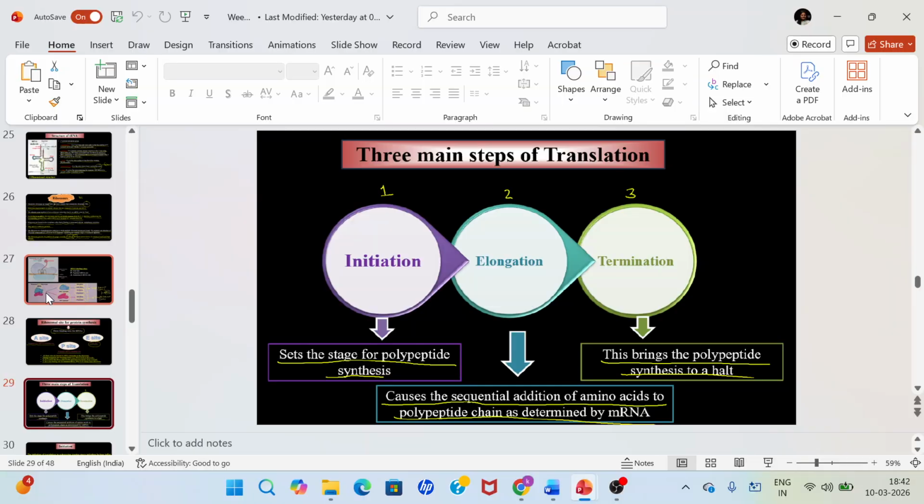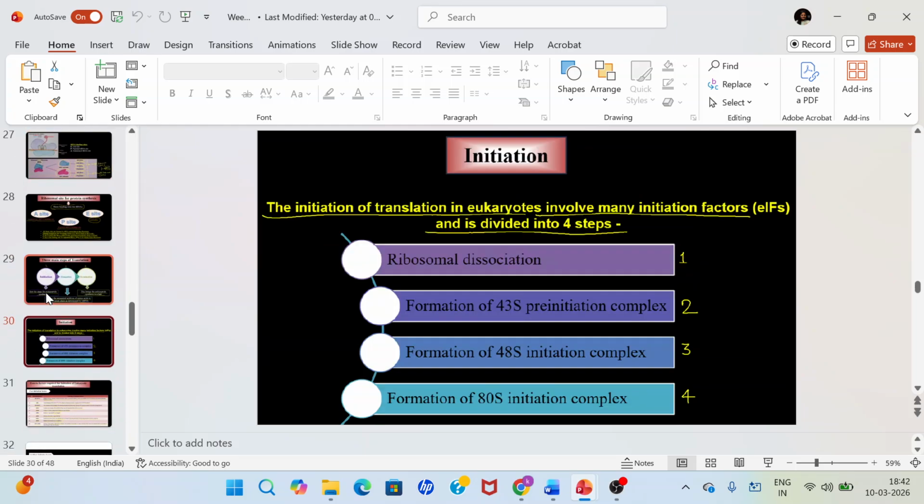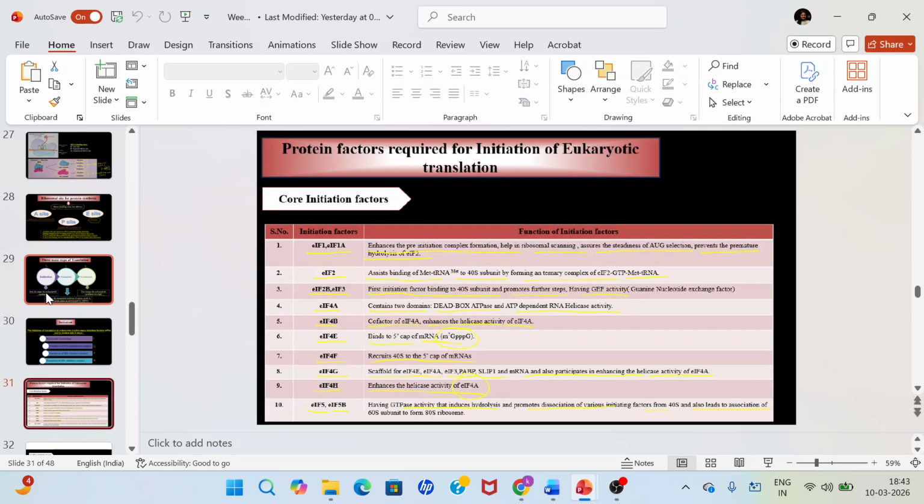Three main steps of translation again: initiation, elongation, termination. So we are again not going into the detail. These are just some of the steps in eukaryotes that are involved, along with the many initiation factors, in the step by step initiation. So the ribosomal dissociation, formation of the 43S pre-initiation complex, formation of the 48S initiation complex, and formation of the 80S initiation complex. Okay? In this way they will assemble and